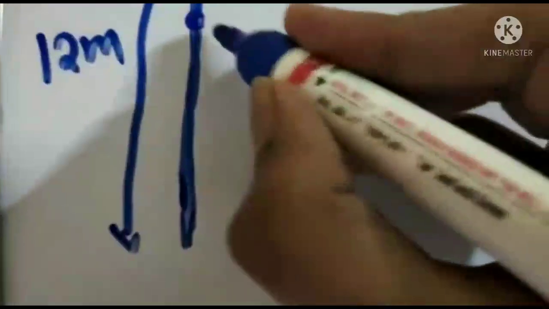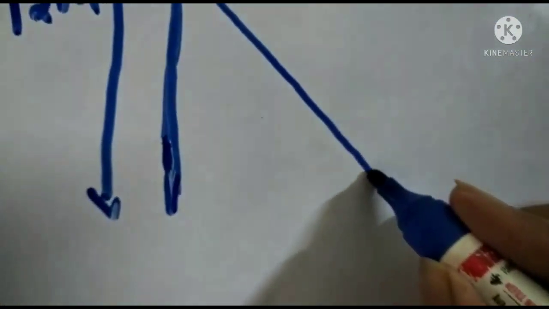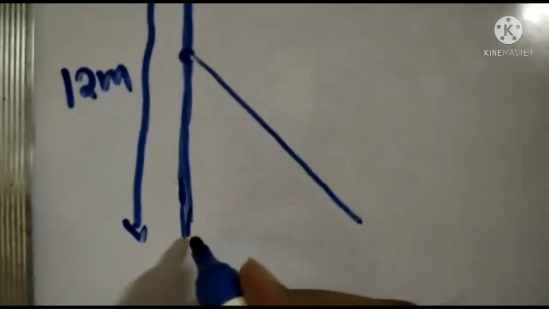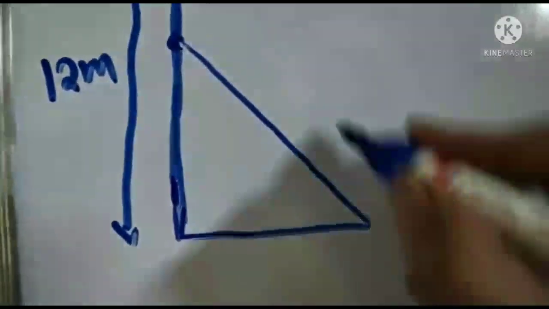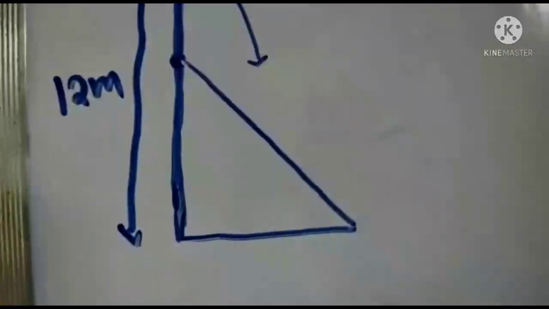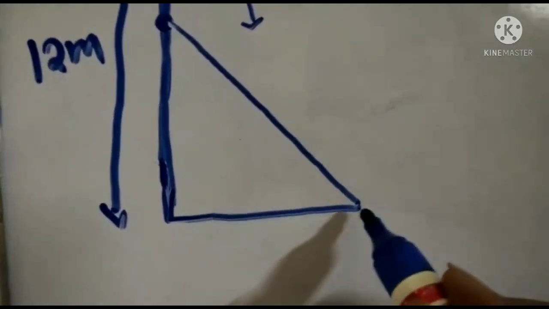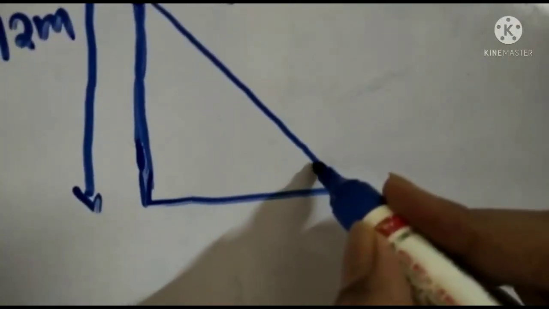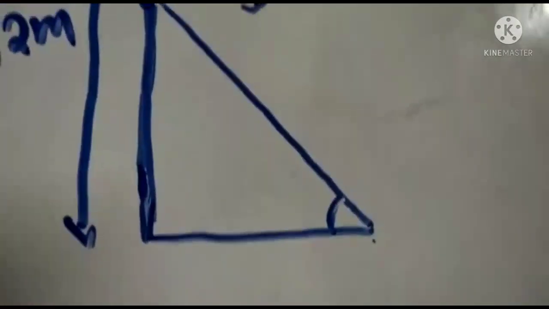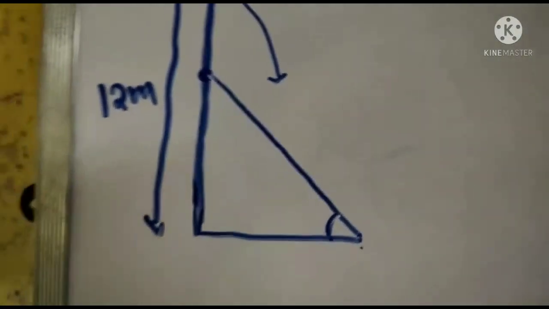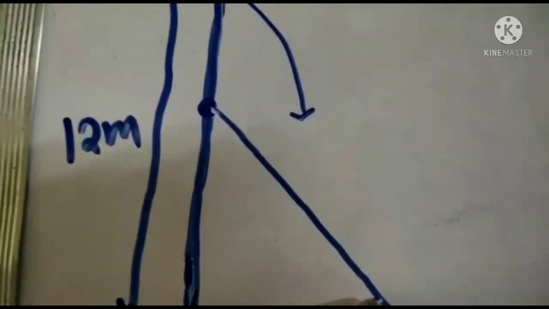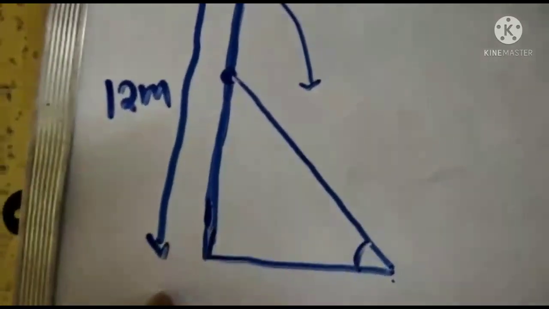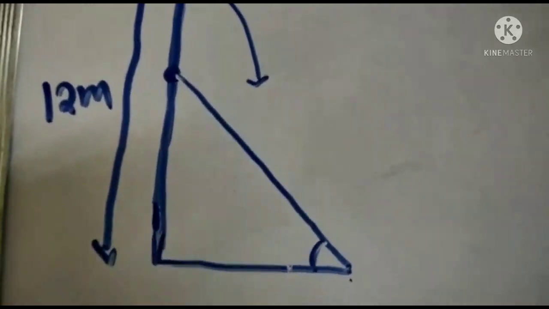This part will break, and this will move to the ground surface, touch the ground, and make an angle with the ground. See, this one is the broken part. It is broken down this way, from here. So broken, this will fall down at the ground level, and the ground is also there. So this part and this part are making an angle here. This angle is what we are told to find. The question tells us the angle made by the twisted part with the ground. So this one is the twisted part, this one is the ground, and in the middle there is an angle. So we have to find this angle.